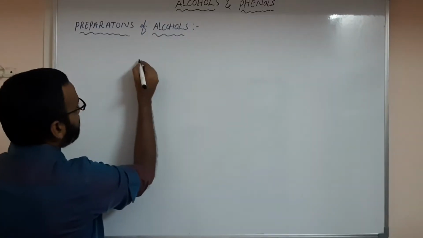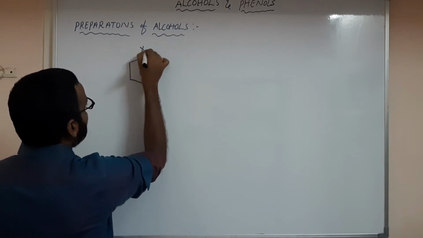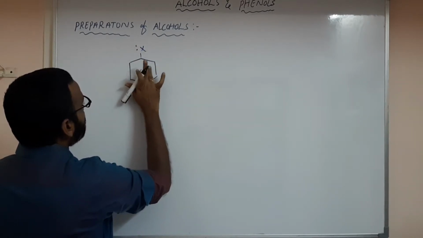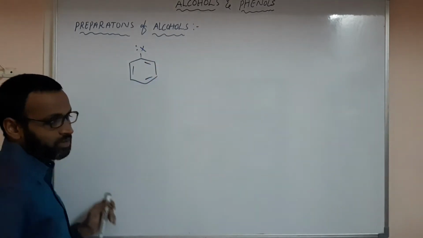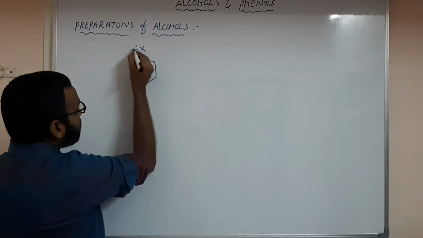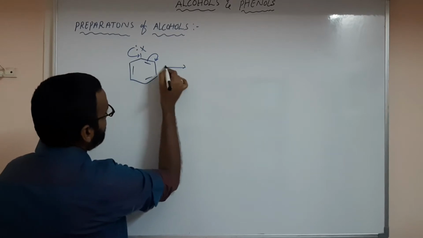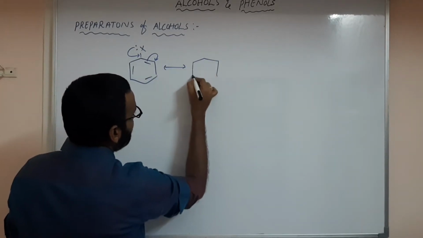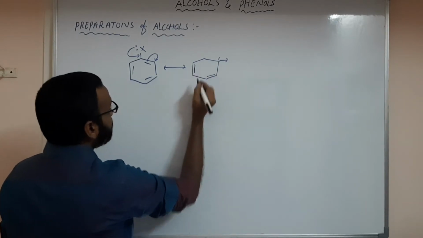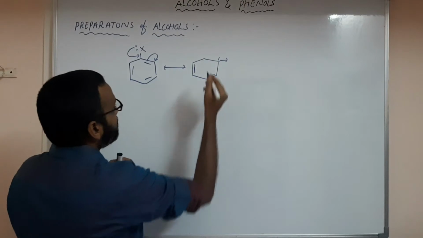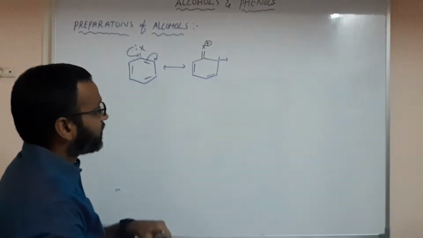Coming to that particular halobenzene, here I am taking X, and this will undergo electrophilic substitution reactions. Suppose I have it like this. This is halobenzene. When the lone pair comes over here, in the resonating structures you have a negative charge at the ortho position. This double bond remains the same, this double bond remains the same, and this will be a double bond to X+, correct or not?